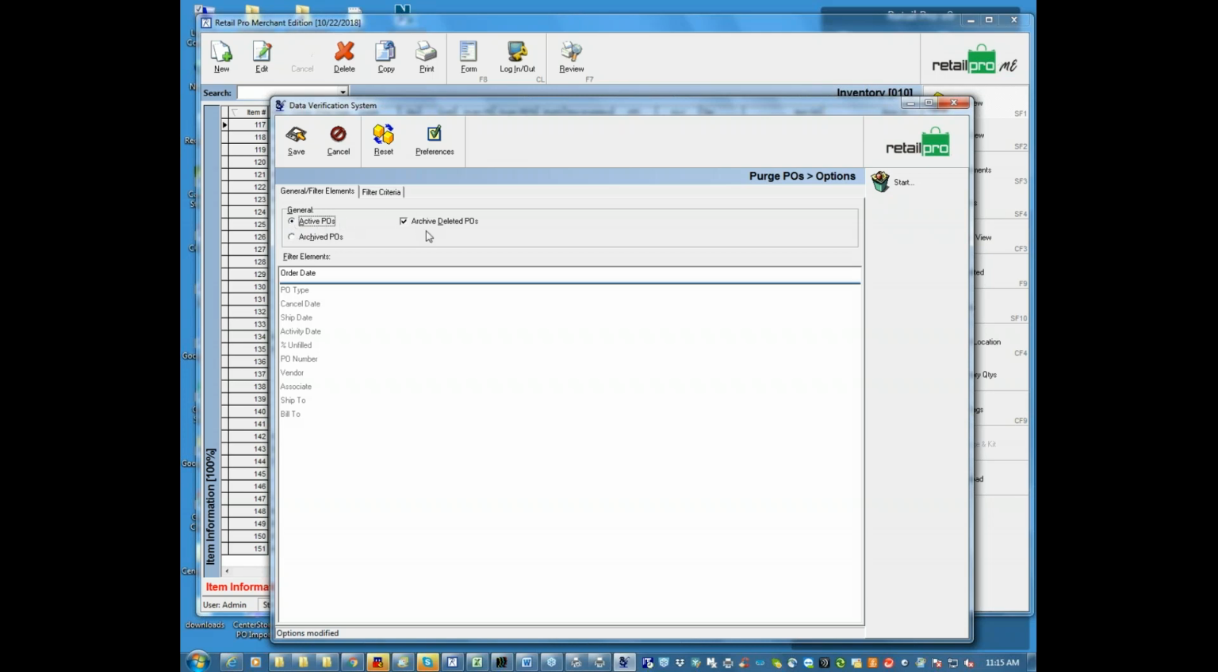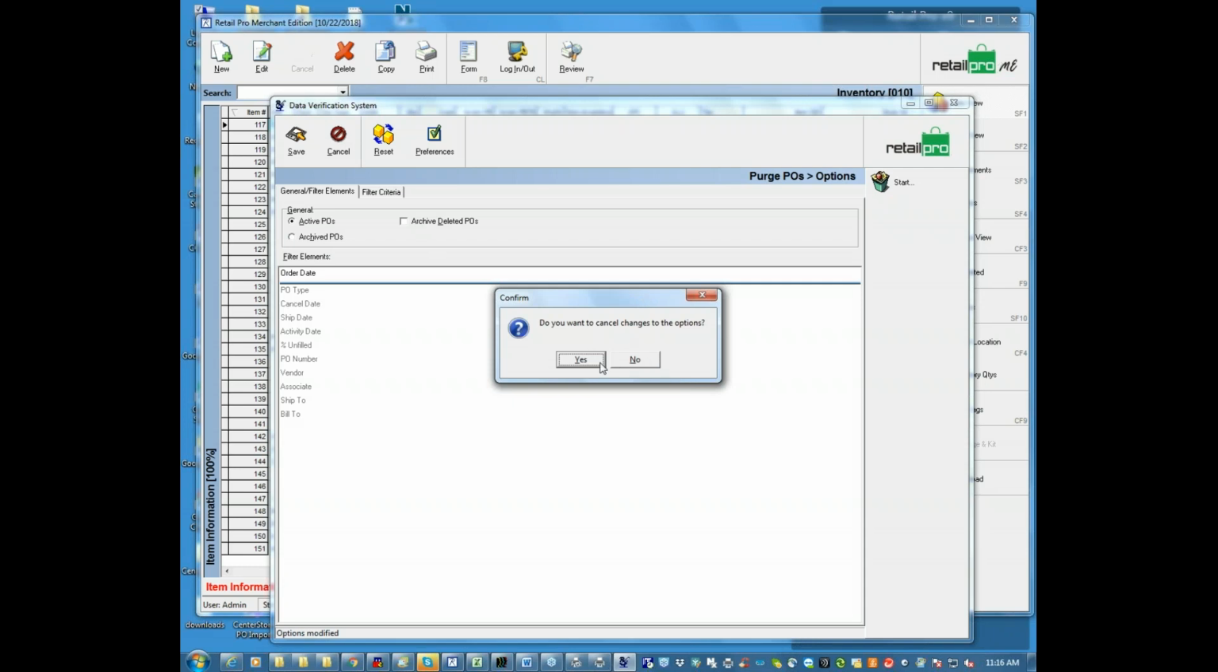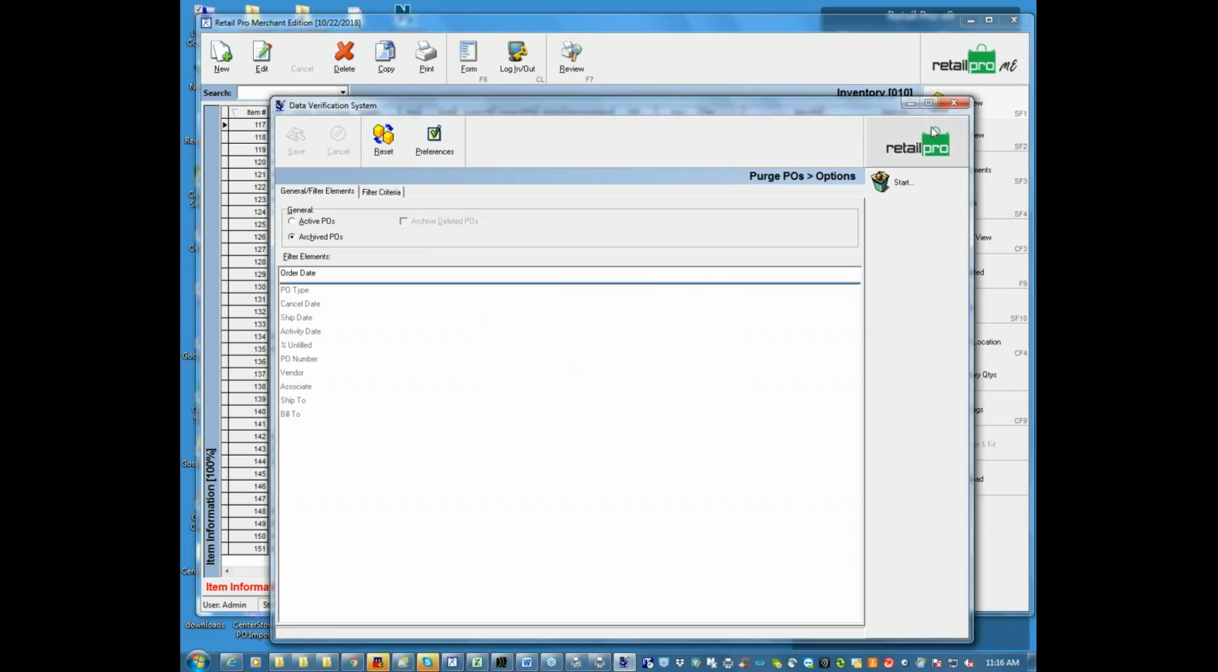And then if you're deleting them, you can automatically archive them, or not. You can just throw them away, right? So it gives you a way to clean up your PO file, your SO file, your TO file, depending on how diligent you are about archiving them or not. So if you just have a boatload of POs from 2012 and you just want them gone, that's the way to do it. There is actually a purge in the archive PO as well, that's similar,